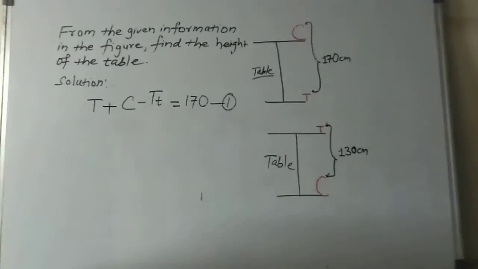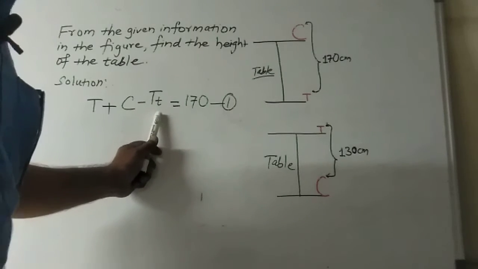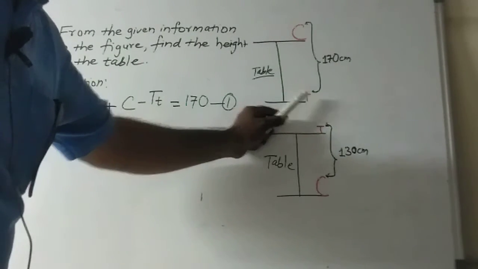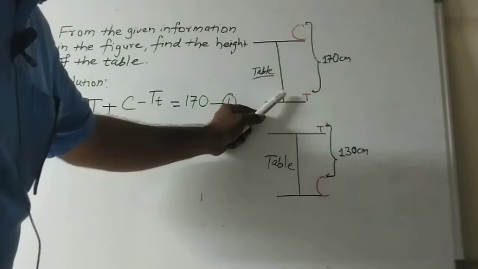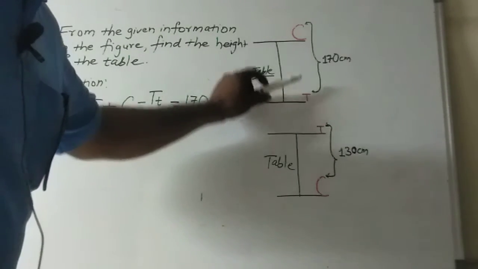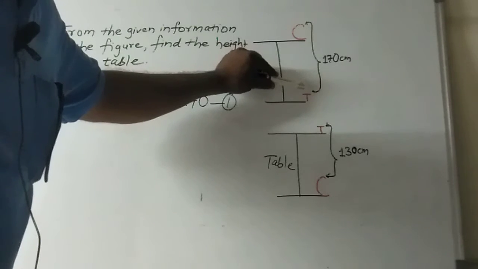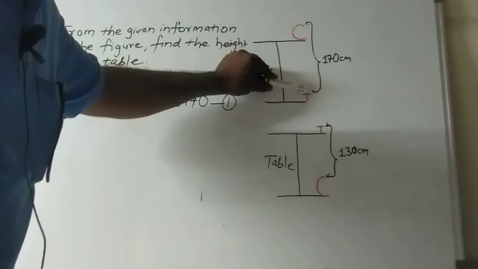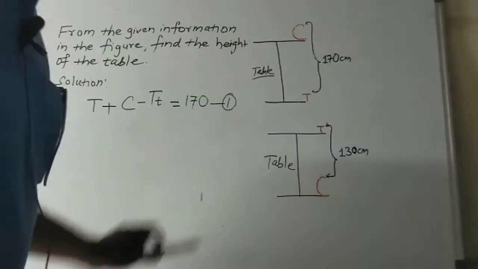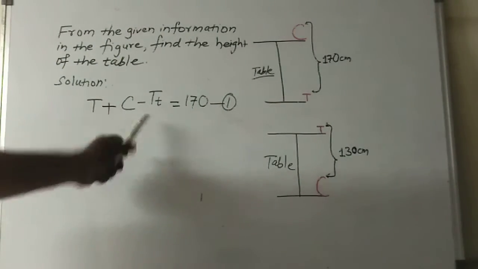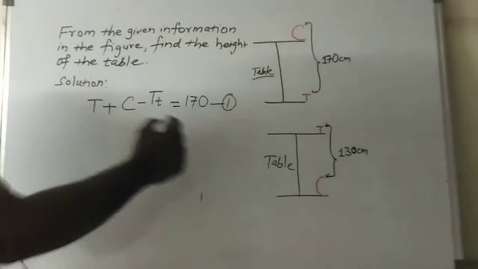Now why are we subtracting the height of the tortoise? Because height of the tortoise is already there in the height of the table. So we cannot count it twice. It is excluded. See, we have to calculate it from the top of this tortoise, from the head of the tortoise, from the top surface of the tortoise. So this part has to be excluded in the condition, and that is why we are subtracting it. So this is as per the condition number 1.